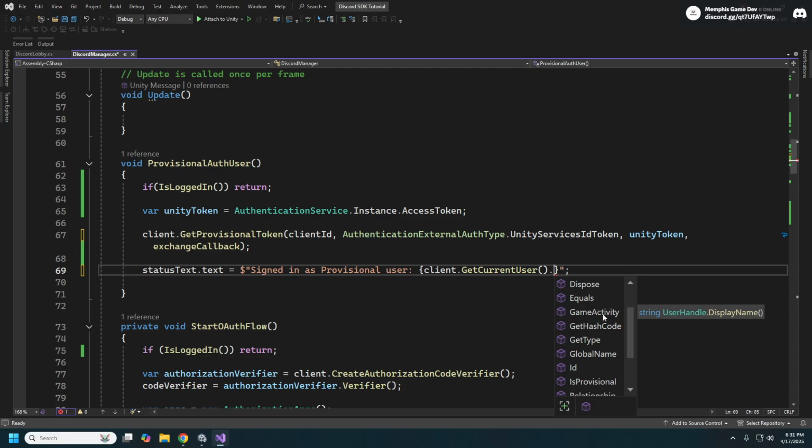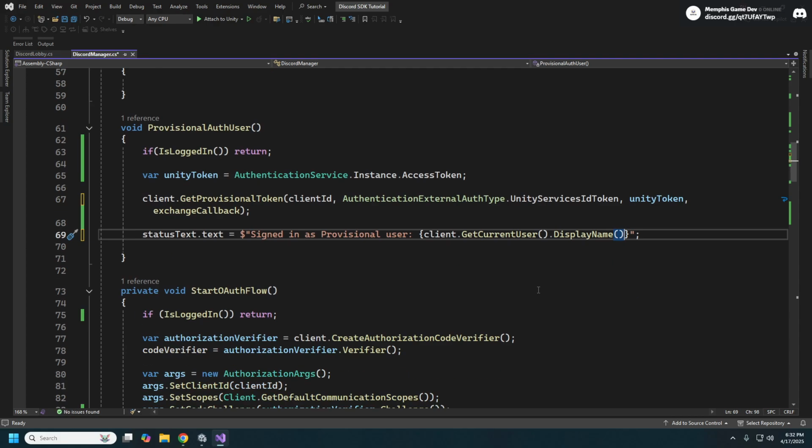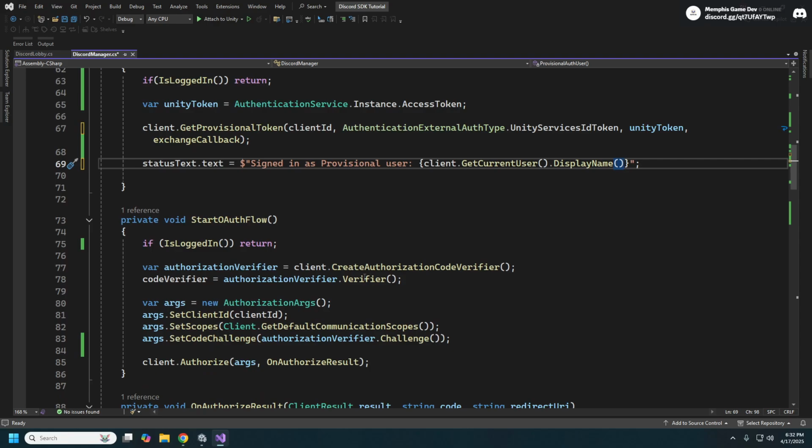Grab the game activity if you wanted to get any of the rich presence stuff, whether or not it is provisional, and then the actual user, as well as your status. All right, so if you did not want to log in as a provisional user, you would use just the